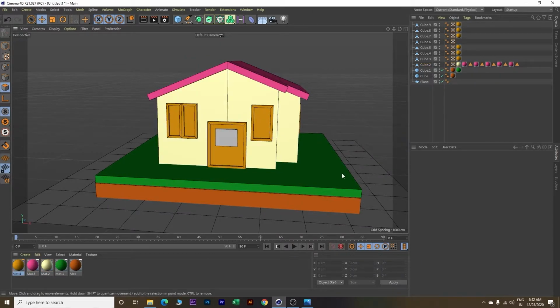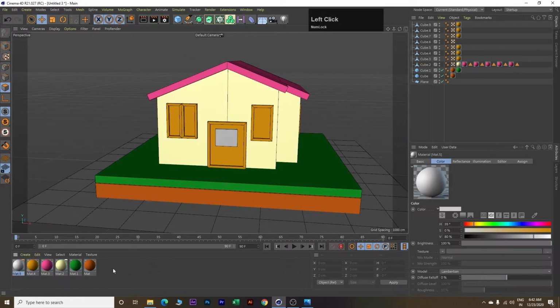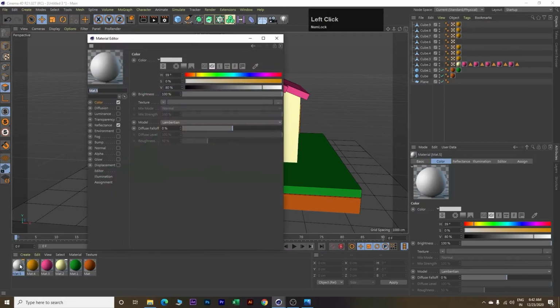Next we will add one more material. Double click on this newly added material, uncheck the reflectance and select a blue color. Okay.